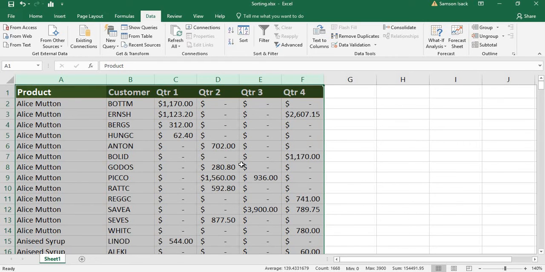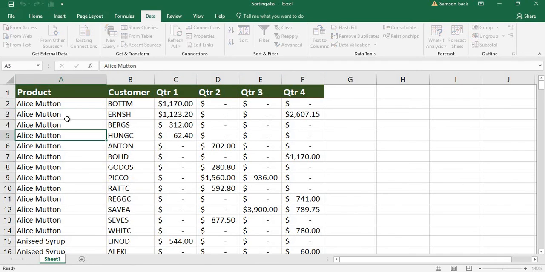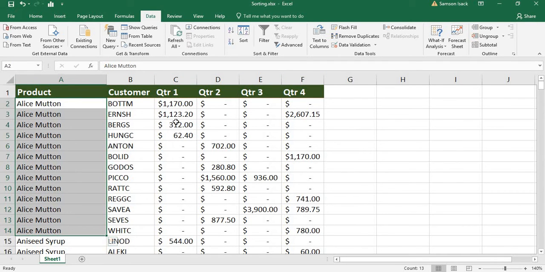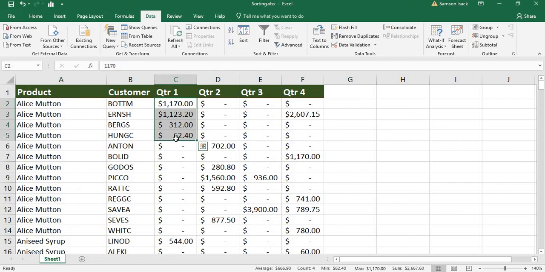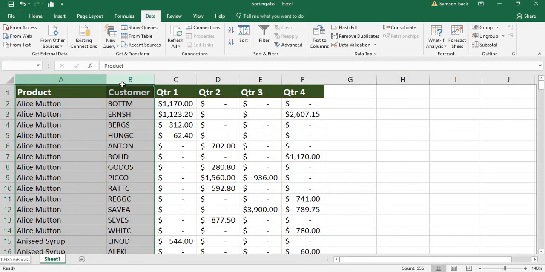Okay, you can see here the product is sorted in alphabetical order, but I also know within the product who is making more sales, in descending order. Okay, in quarter 1 you can see this way, and you can play with this and understand how the sort function works. Okay, but another thing you want to remember here is that if you select two columns here, you